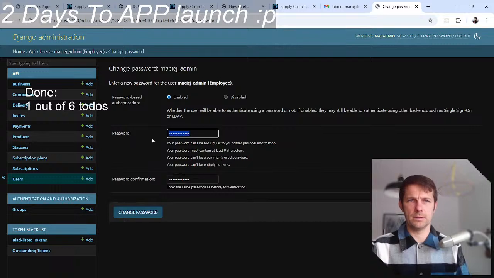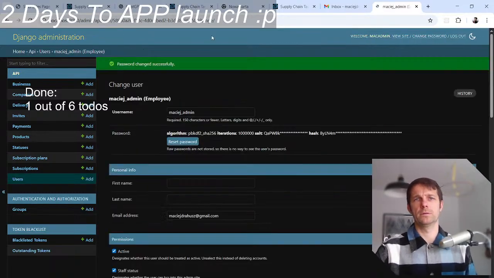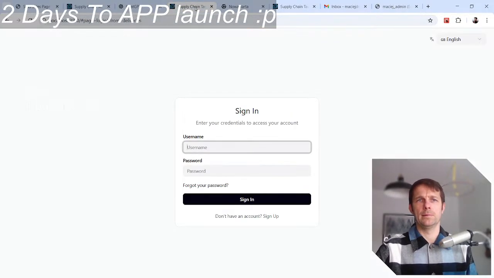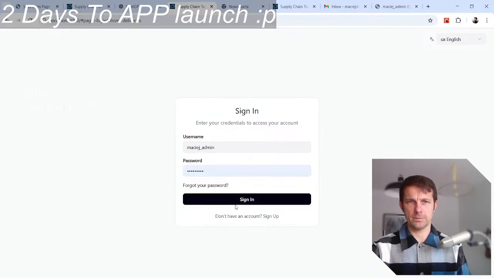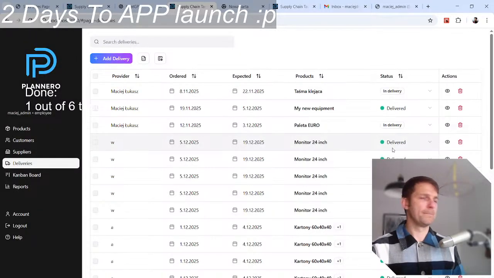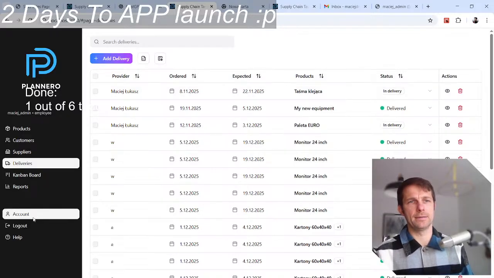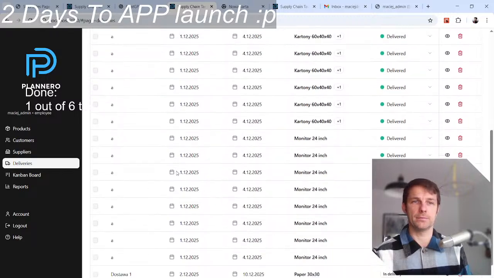Is it? Okay. Yep. Change password. Maybe now it will work. Okay, so this guy is Maciej admin, and the password again is the same. My testing. Good. Okay. That works. And he doesn't see those settings, while some other guy will see it. Good.